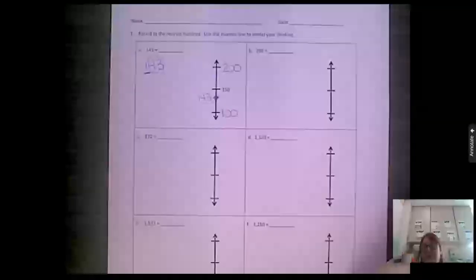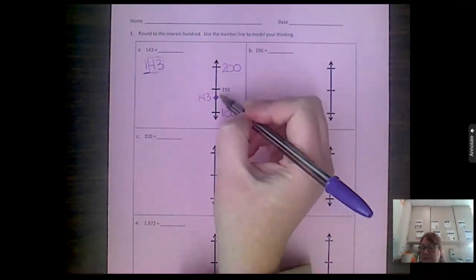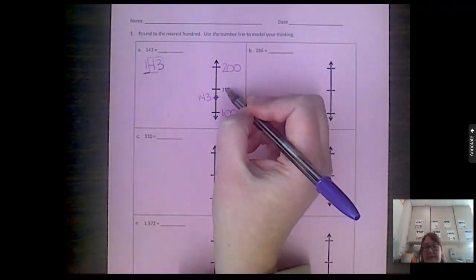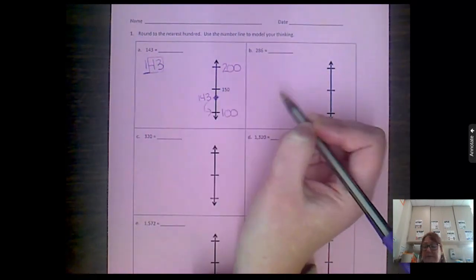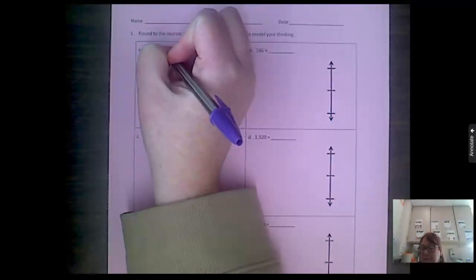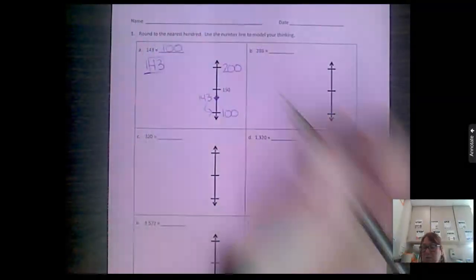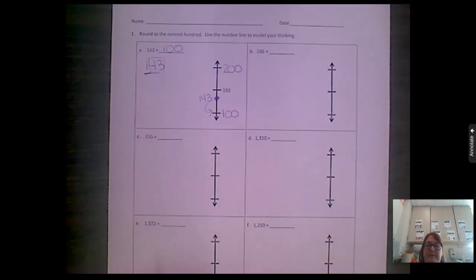And once we've done that, we can now see that since 143 is less than 150, it's going to round down to 100, right? So 143 rounds to about 100. Okay, is everyone good with that? Okay, if we look at the next one,